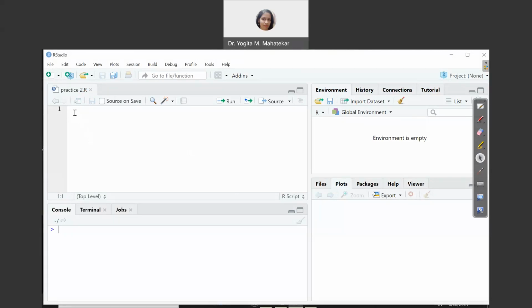Say, for example, suppose I have to create a vector, then I will write v, then less than hyphen, which is used as an assignment operator. So v is the object used for storing, say, 5 numbers in vector form from 1 to 5.